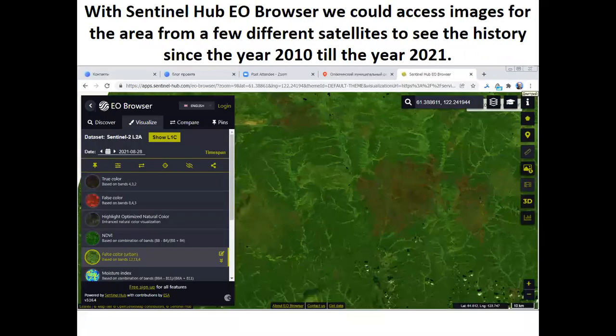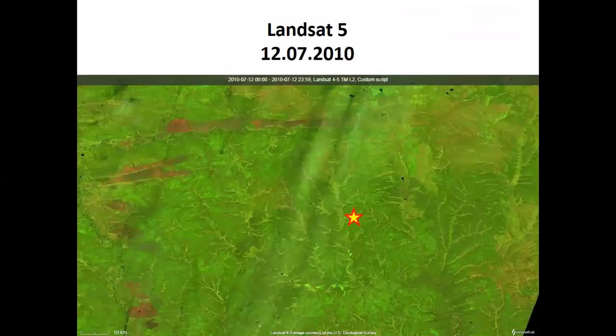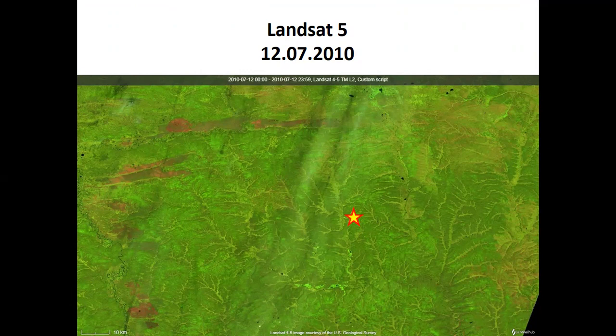And using this Sentinel Hub, you could just access an imagery and start to see the history. This is the location of the area we're going to monitor, and I will just briefly show you the gallery of pictures saved from Sentinel Hub since